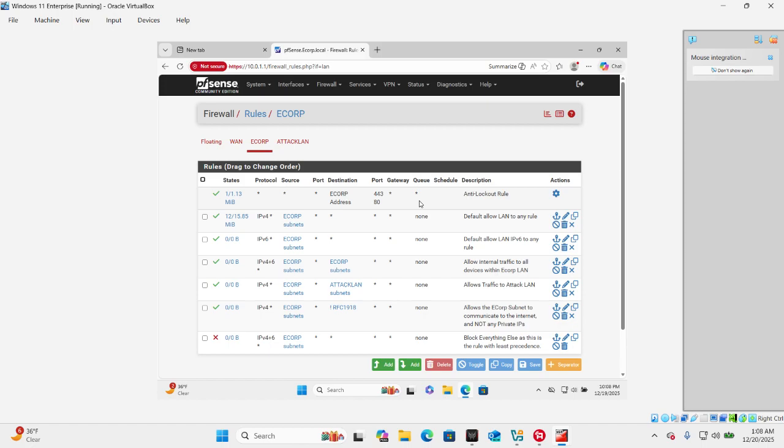As you can see, traffic from ports 443 and 80 are allowed, so that you're able to access this admin portal here. Because if this was blocked, I would essentially be locked out of Pfsense. And then, of course, there's the default allow LAN to any rule. But everything below that, so really everything below the IPv4 and IPv6 allow all for the LAN rule, are rules that I configured. So here we are with the eCorp to eCorp